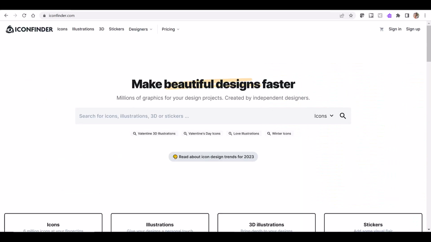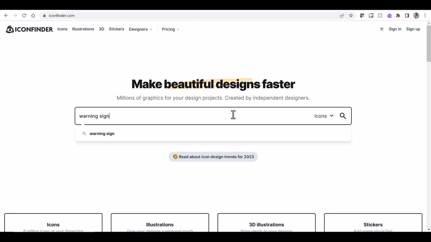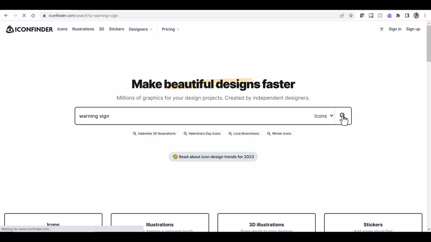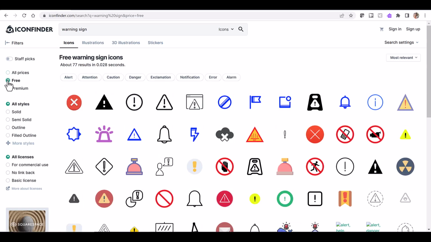There's also something called Icon Finder. And let's see, I'm just going to do a quick search for a warning sign. It's giving me everything right now, which includes premium icons. I'm going to go ahead and click on free over here on the left. These are all free to use. You can download them.